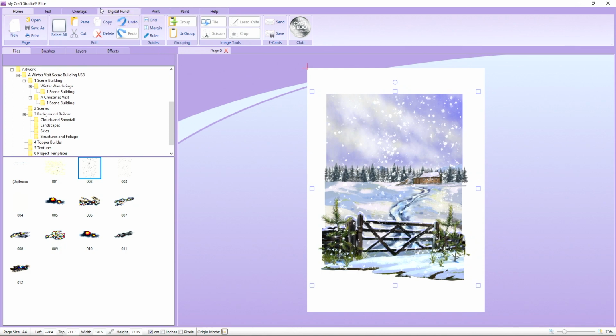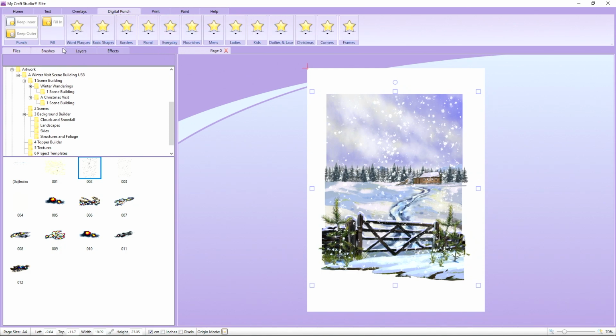And whilst we're here doing a workshop, let's just show you something else we can do with that. So Digital Punch, basic shapes, a circle. We can choose to make that circle a particular size. So if you click onto it, you then get the elements down here for resizing. I need to change it to inches because that's how my brain works. But we could have a 6-inch circle